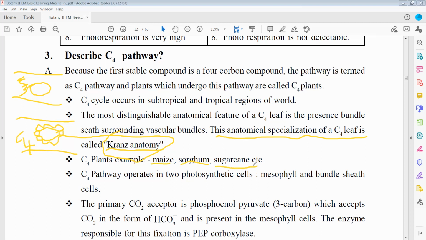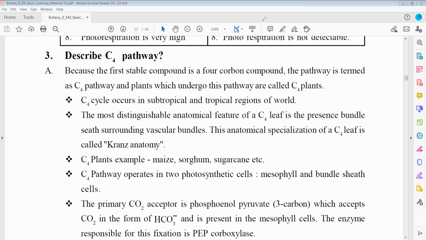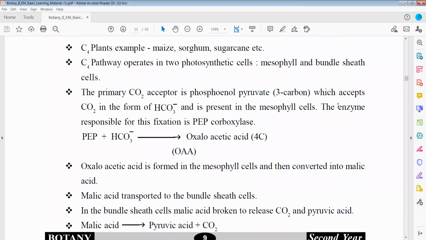These are the best examples for C4 plants. Now, in C4 plants, the first